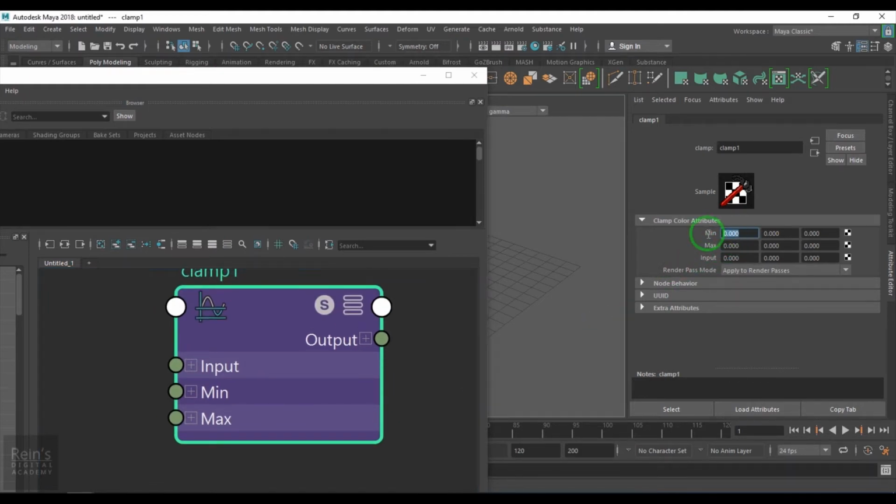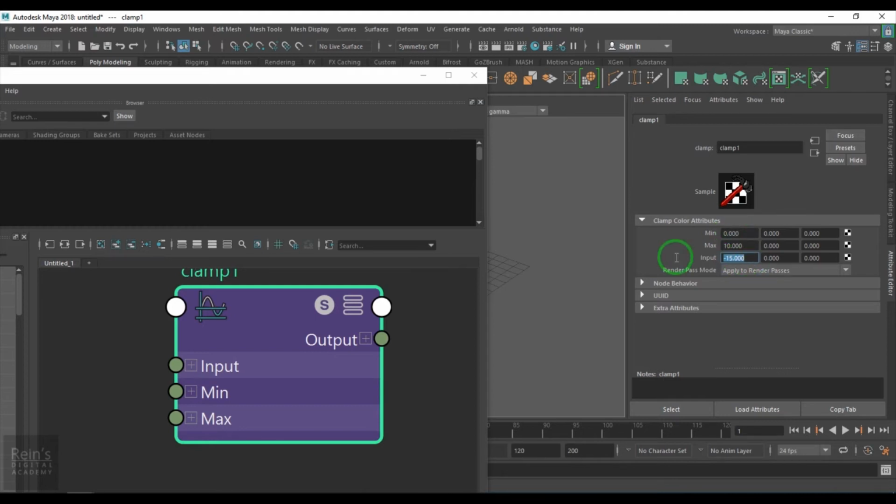Let's say you have a minimum of 0, a maximum of 10, and you give any input, let's say 50. The output will be 10, because the clamp has been given a range of 0 to 10, and as 50 is out of the range, it will take the maximum number as the output. If I put minus 15, then the output should be 0 because it's beyond 0, that is -1 and so on.